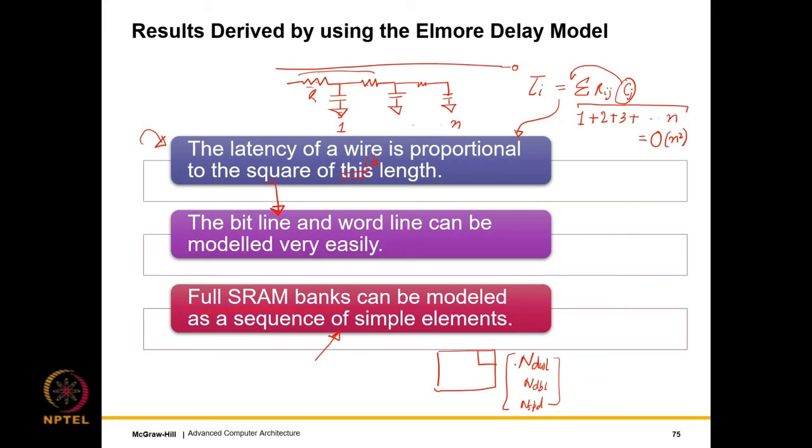And then this is just a way of splitting, so we keep on splitting. And how do we compute these? Well, Cacti adopts a brute force approach, in the sense it looks at all combinations of these and then it essentially chooses the best one. But of course AI based techniques like hill climbing and so on can be used to find the best configuration. So for every configuration we use the Elmore delay model, we find the time. If we want the fastest design, we simply choose the best.